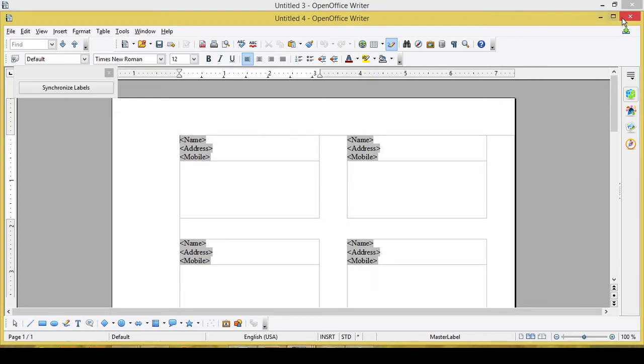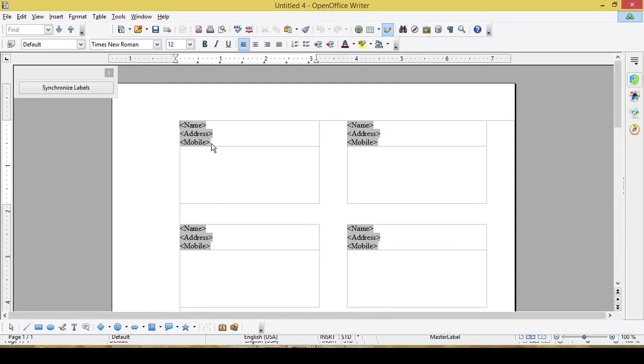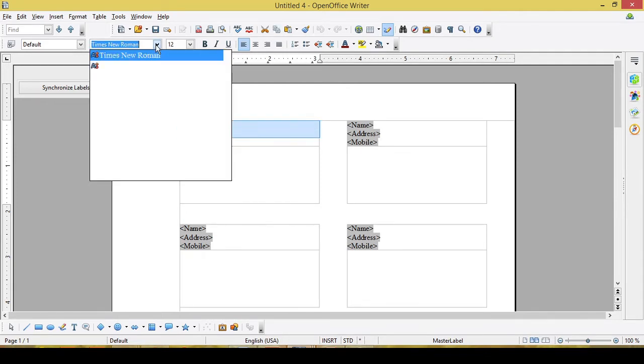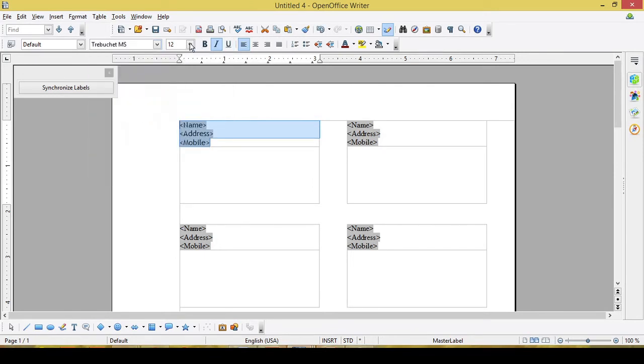After doing it, if you want to make any change, you can even do it, like if you want to change the format of your label, you can do that. Just select one label and then you can do the formatting. That means whatever you want, the font type, you can change the font size of your label. If you want it to be center aligned, you can use this.